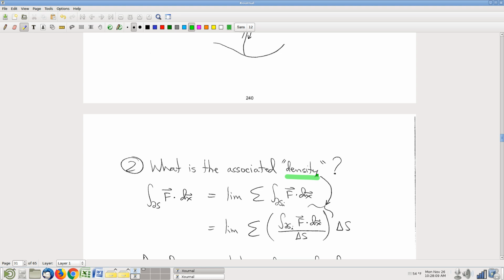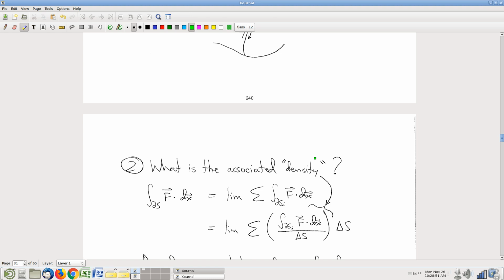But wait a minute, did we really talk about density in the context of the line integral theorem? We kind of didn't. I talked about it with the fundamental theorem of calculus. I never really quite got to how you think about the associated change density in the context of the fundamental theorem of line integrals. So there's this kind of gaping hole in this pattern I'm trying to develop as we go along. Why didn't I fill in the blank of the pattern in that context? The answer is it's a little different and it's weirder to talk about. And I like the idea of talking about it later, i.e. now,